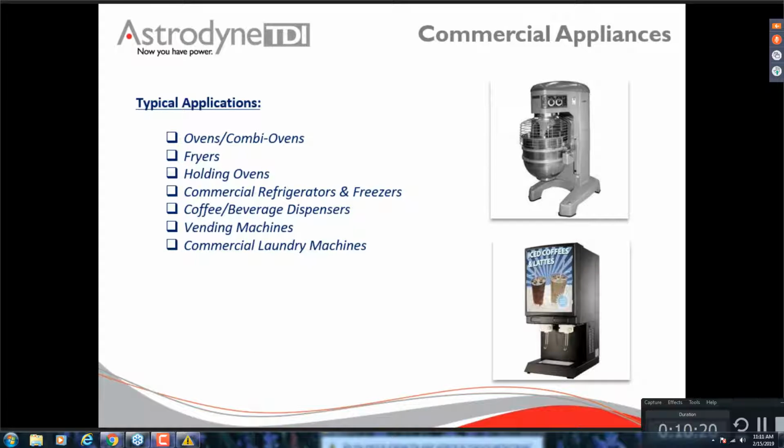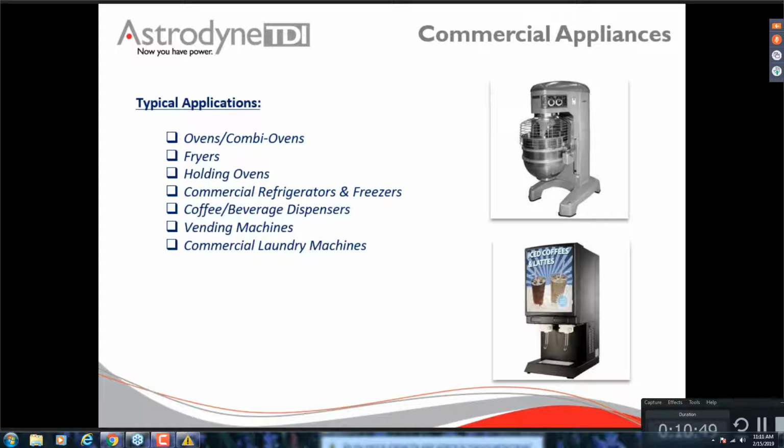Moving on to the commercial appliances. Well, it's slightly a little bit different. It's commercial. We're not talking about consumer. All these equipment basically belong in the restaurant / fast food chains, and some of the typical applications or equipment that we want to target are fryers, vending machines, commercial laundry machines, commercial refrigerators and freezers,